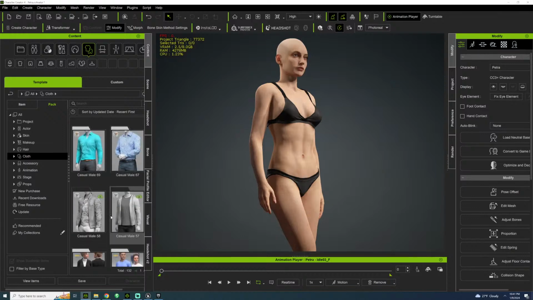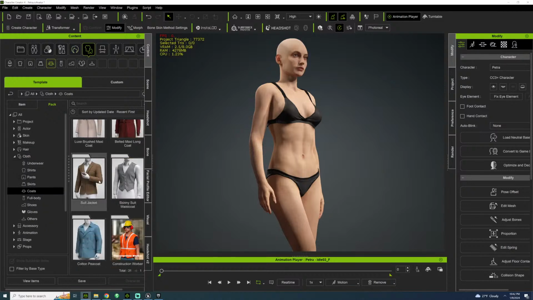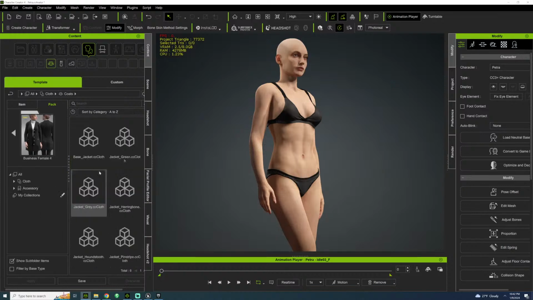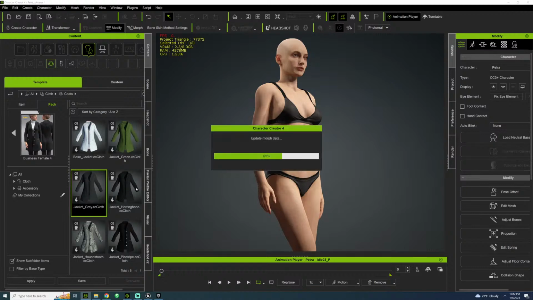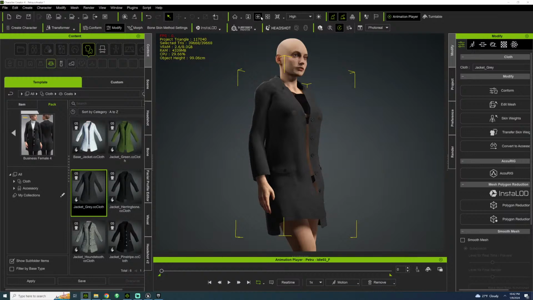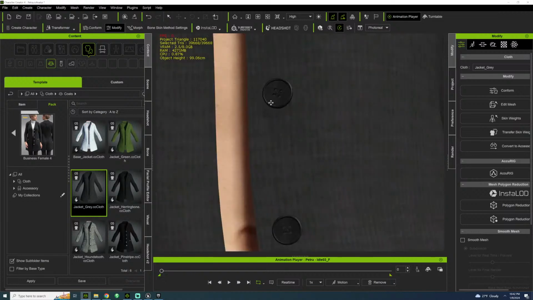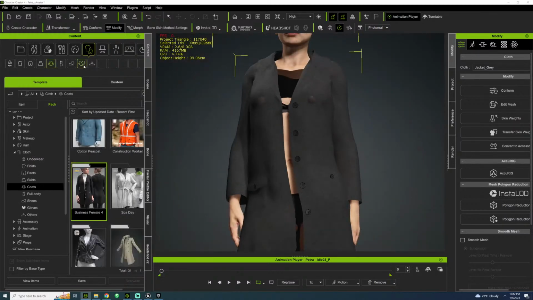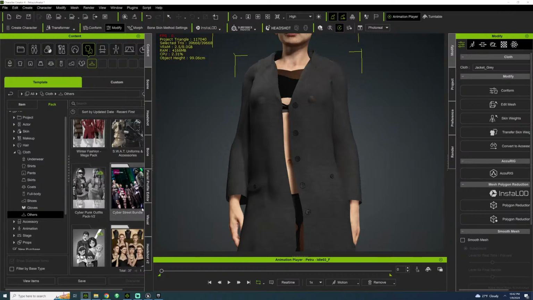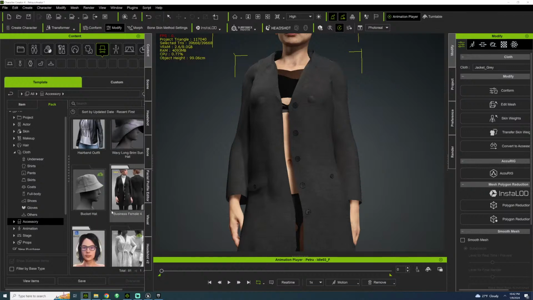So take note of this. As much as this is really nice, this is a nice coat. It doesn't like small holes like these. It doesn't like it. It always has issues. It doesn't work. It's a pain. It also doesn't like